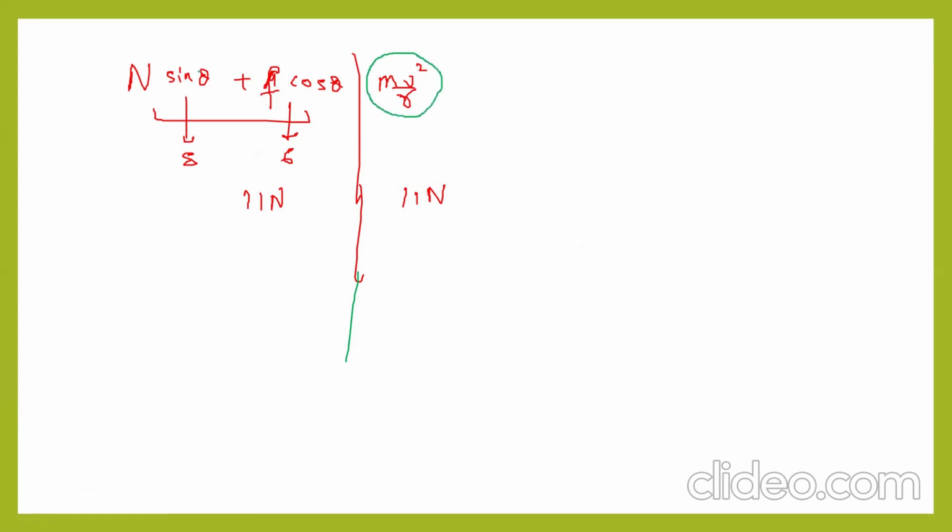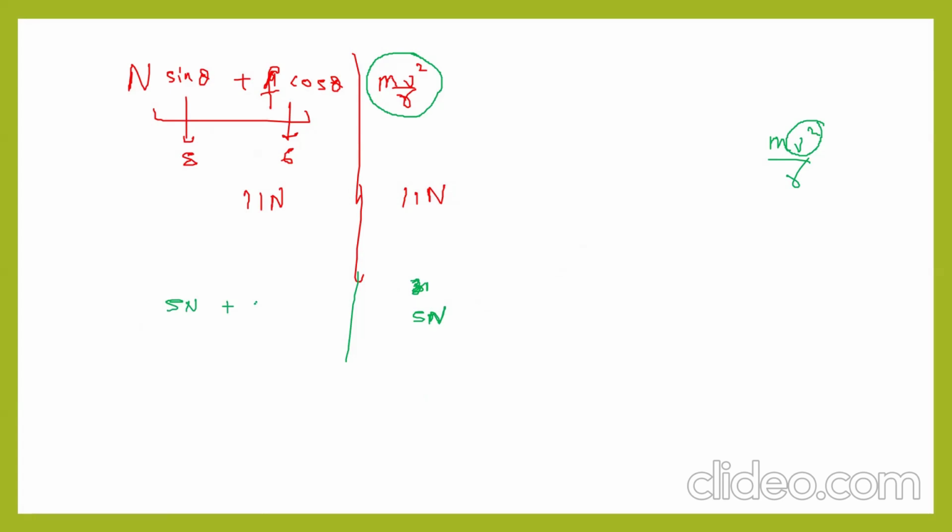You are decreasing your velocity, mv square by r. When you are decreasing your velocity, then what will happen? Let us suppose you are making this 5 Newton, clear? Then n sin theta is 5 Newton. Friction will be